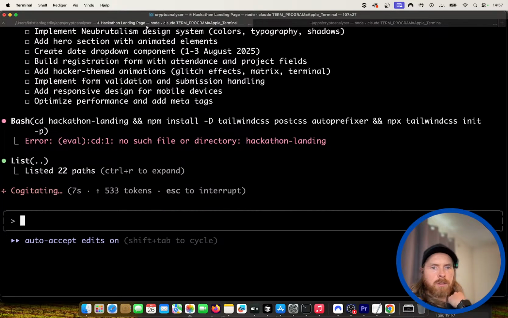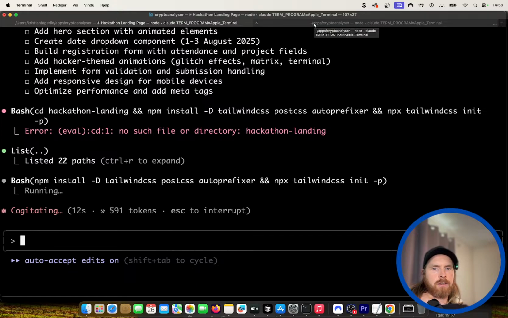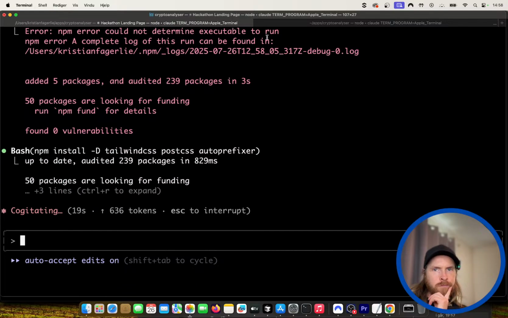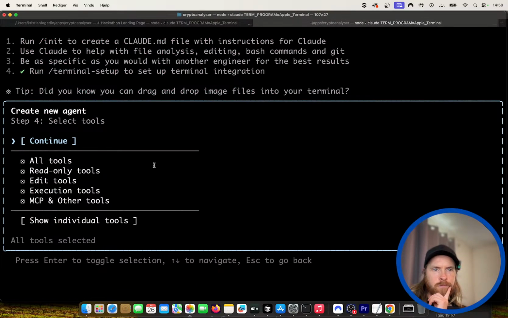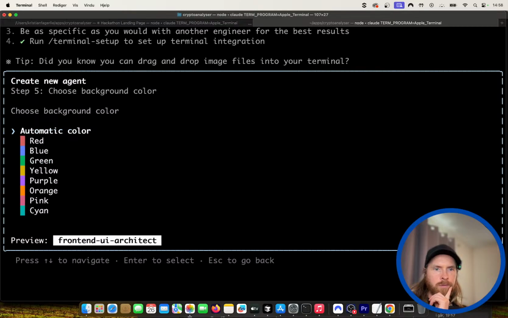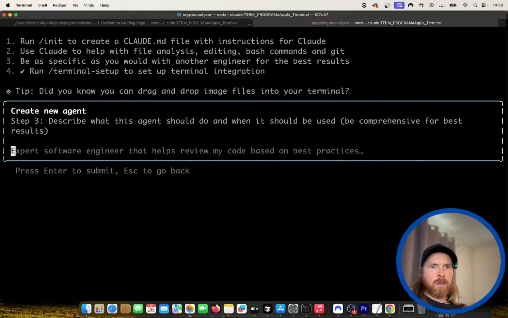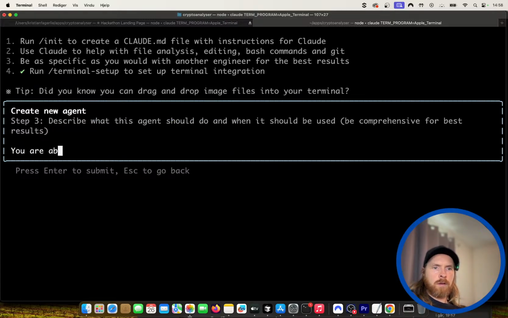And let's do a backend agent. We don't really need a backend, but yeah, we're just gonna do this. You are a backend agent expert.